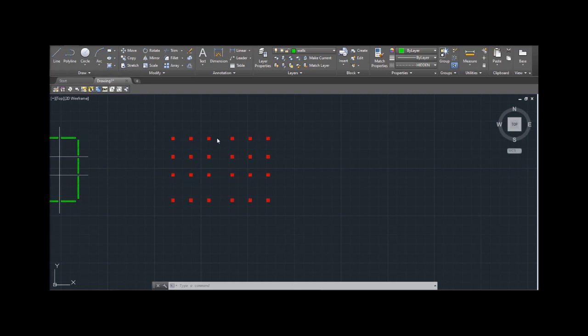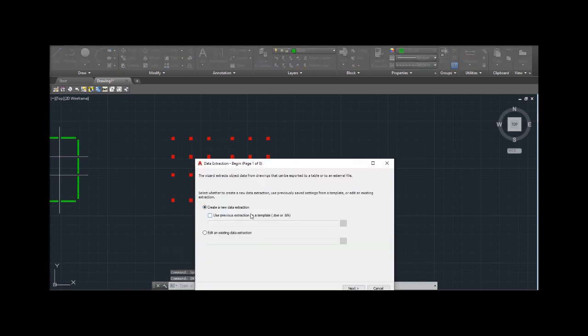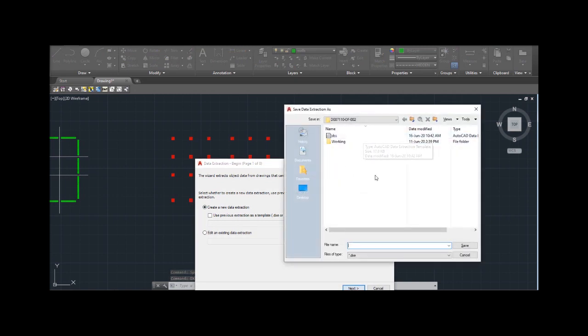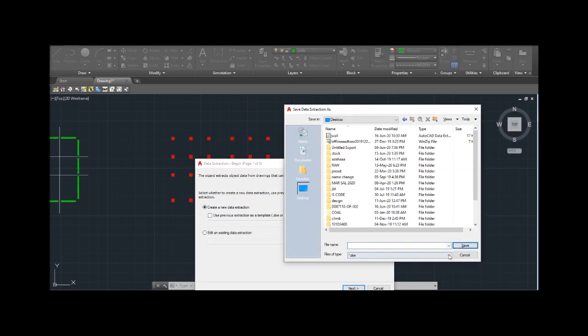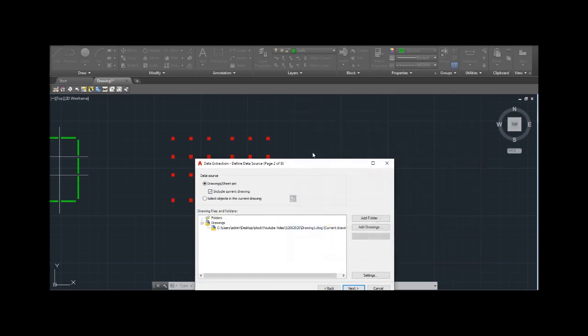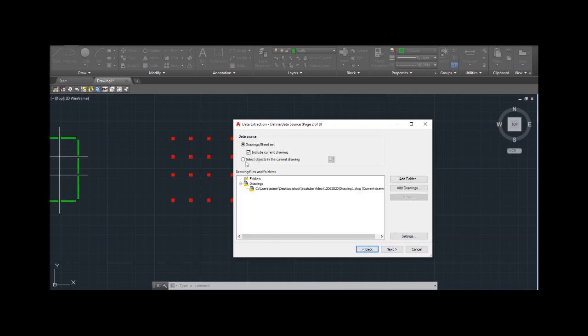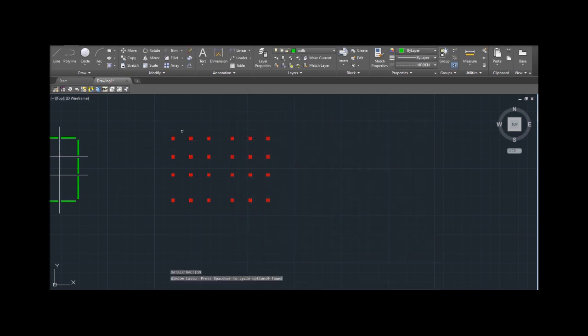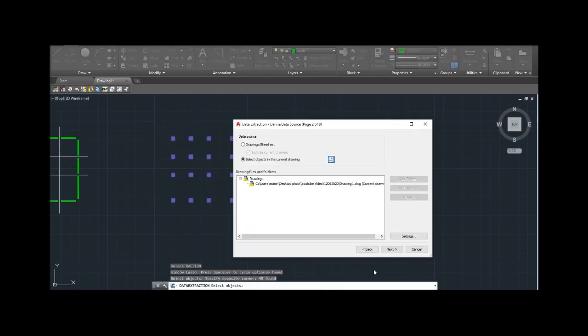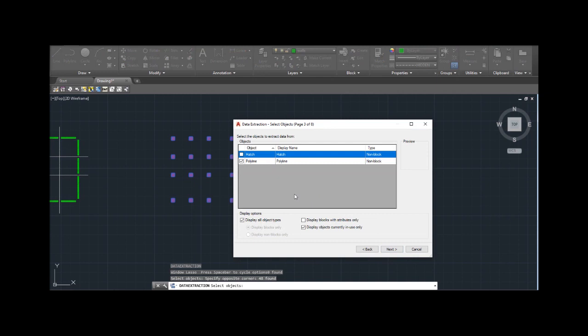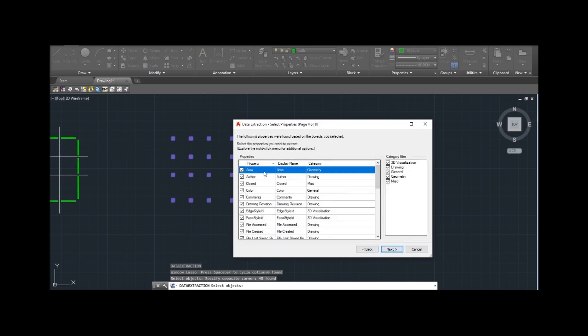Okay, now we'll calculate the same thing for the columns. Okay, what you have to do now? DX command for data extraction. Okay, create new data extraction. Exactly. Then save it somewhere. Okay, the name. Next, what you do is you have to choose a drawing, right? First choose the drawing, then press enter, then go for next. We uncheck this hatch, go for next, right click, uncheck all, area as well as the length. Okay, next.